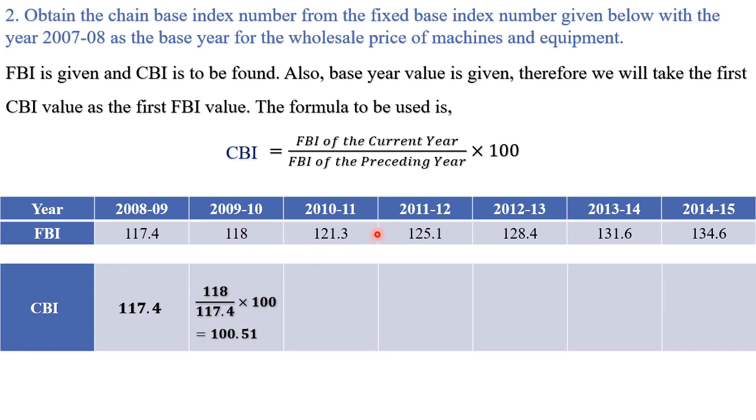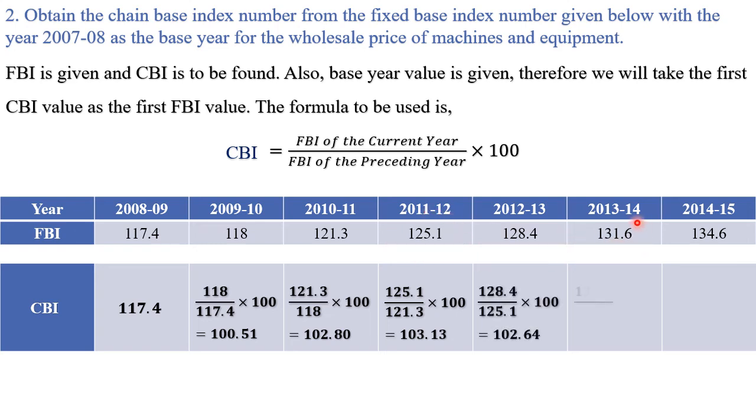This is kind of similar to how we actually calculate the CBI: the current value divided by the previous value multiplied by 100. So 121.3 divided by 118 into 100, 125.1 divided by 121.3 into 100, then 128.4 divided by 125.1 into 100, 131.6 divided by 128.4 into 100, and 134.6 divided by 131.6 into 100. So my dear students, this is how you calculate the chain base index number from the given fixed base index